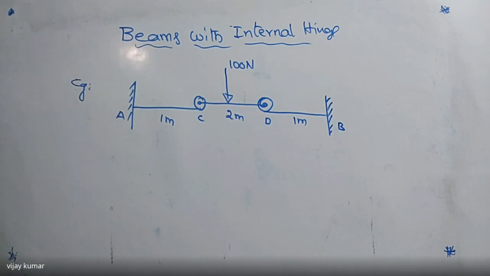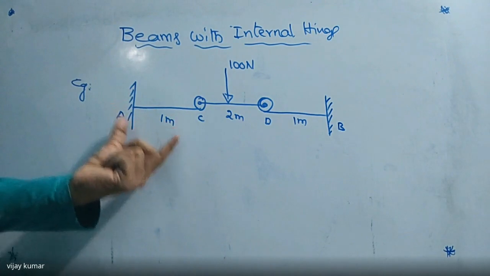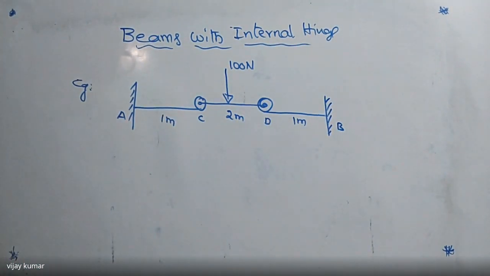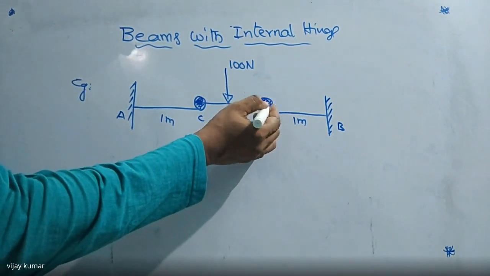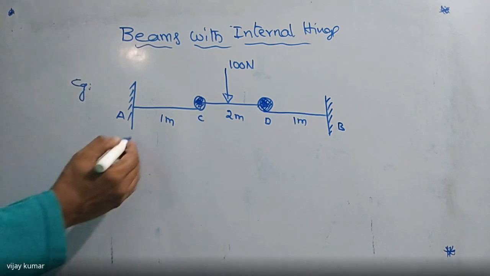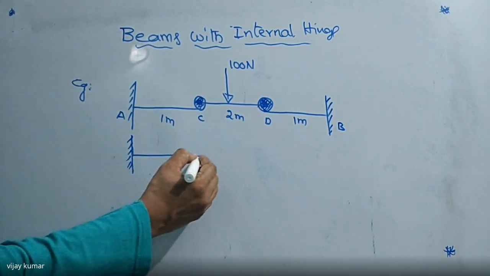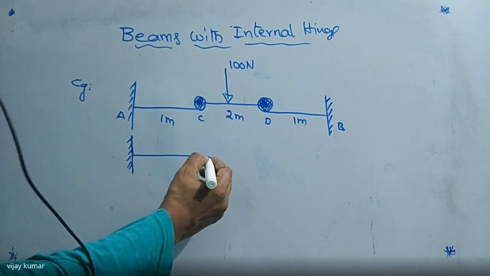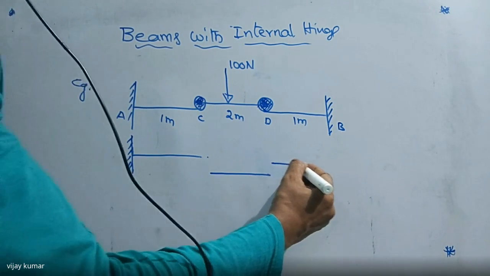So this is the load which is exactly acting at the center of this beam, which is hinged at two ends to the cantilever two beams. One is AC and one is BD. So in such cases, first of all, this is the internal hinge. If there is an internal hinge here, first of all you have to draw the free body diagram. So what is the free body diagram of this one now? This portion AC I am going to draw. Listen carefully. If you draw the free body diagram of this middle portion, I want to draw this portion.